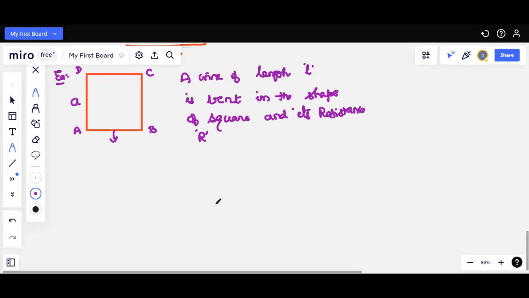Since there are 4 equal sides, the resistance of each part becomes R/4. Here the question is to find the effective resistance